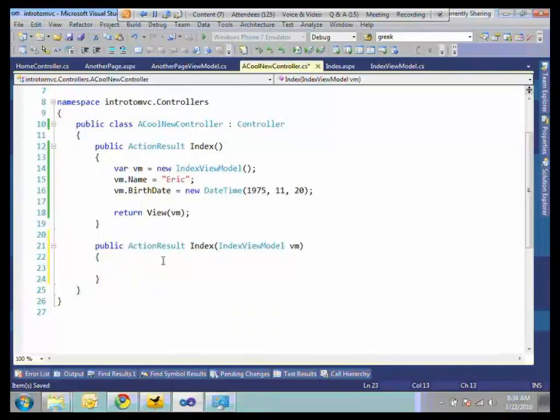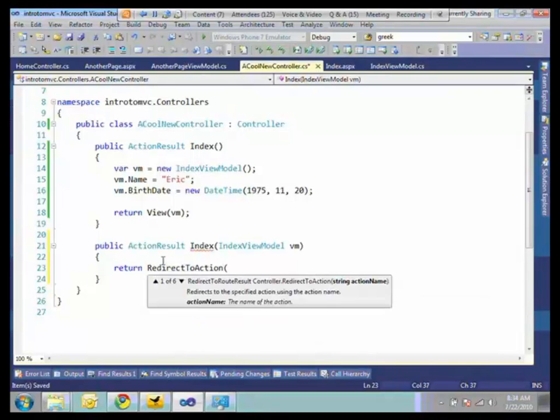And so what are we going to want to do in this particular case? Well, normally you'd probably validate your data, and if it works, you'd save your data and then redirect somewhere else. So instead of doing that, because we want to be able to make it back here fairly easily, let's return a redirect to action. We'll add something to our master page to be able to get us back here. So we're going to go back to the index page of the home controller